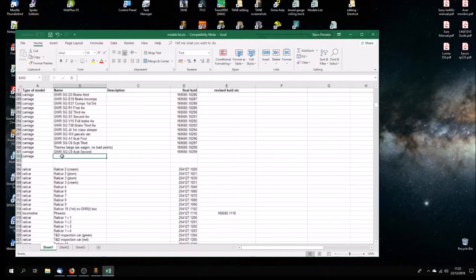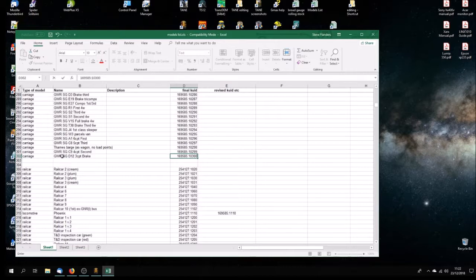So this is going to be GWR, standard gauge, D12, 3 compartment brake, and go across here. That's my KUID number, 169585, and for this one it's going to be